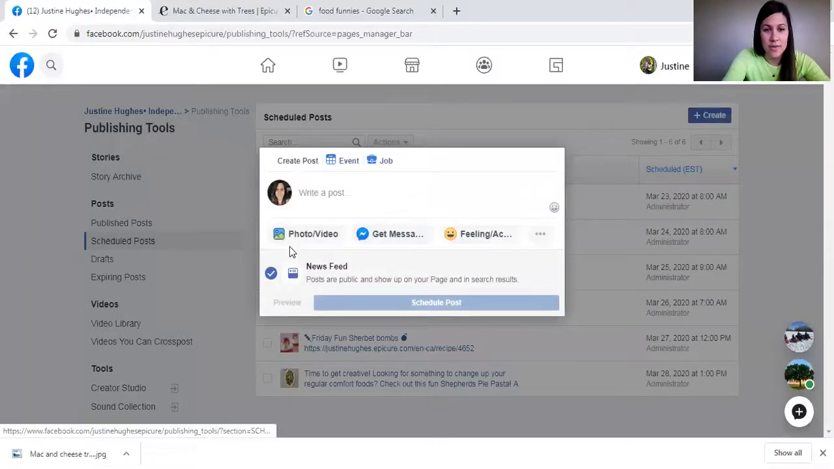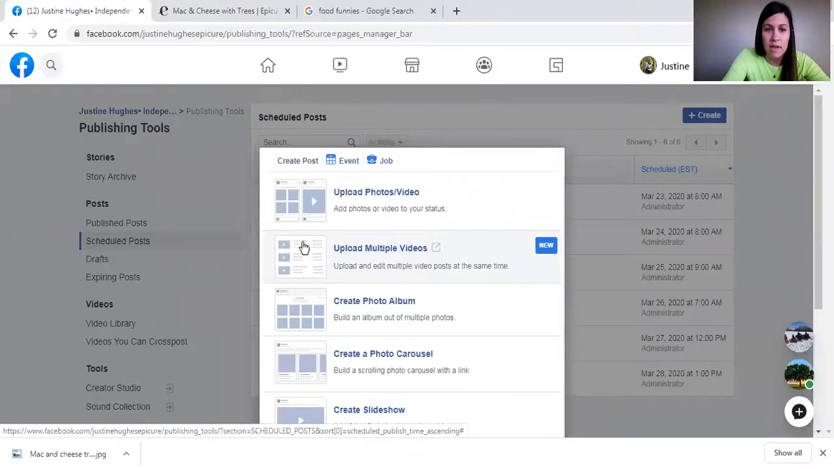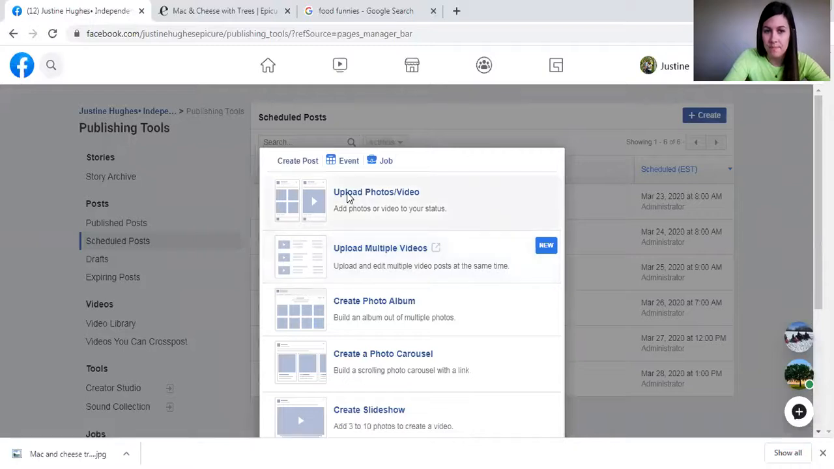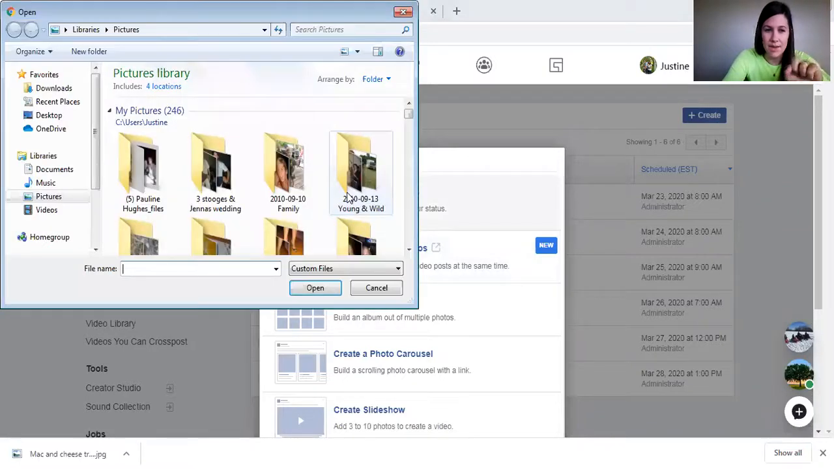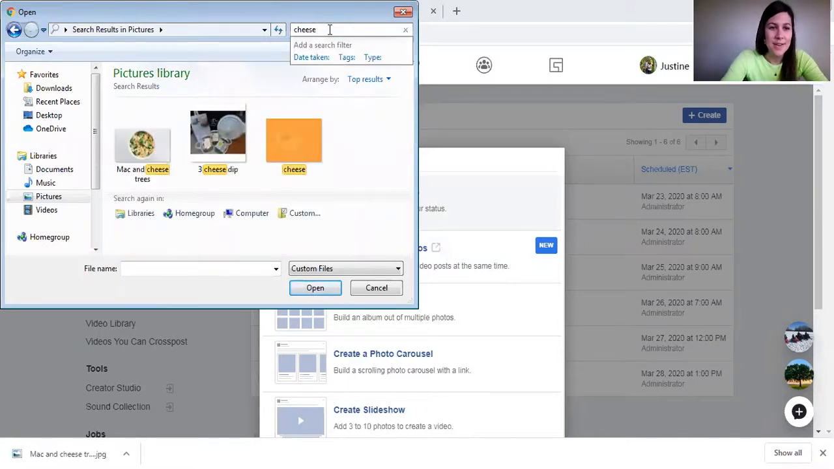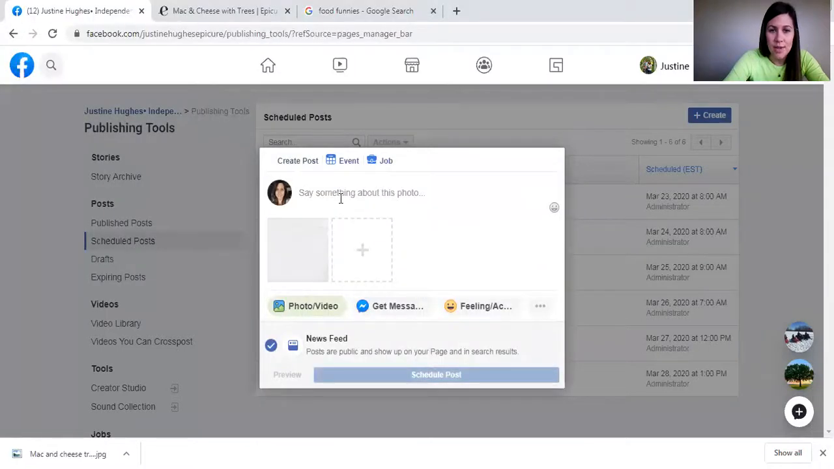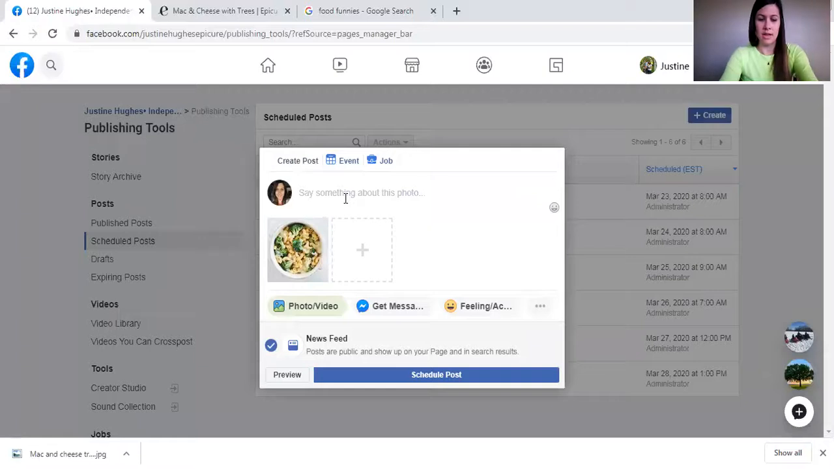All I'm going to do, and it's really important that you add the photo first, because if you don't add that photo, Facebook is not going to let you add a photo with the thumbnail, or, not a thumbnail, sorry, like a link of some sort. I'm just going to say cheese up here, and then you have your mac and cheese trees. I'm going to open that picture. It's going to upload, and I'm just going to write a little blurb, like tired of the same old